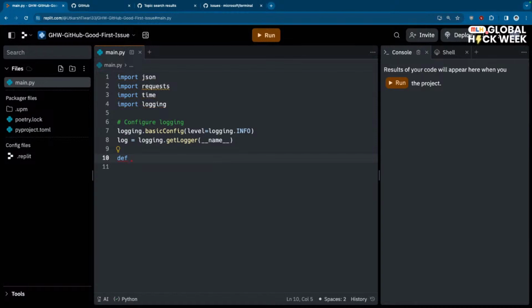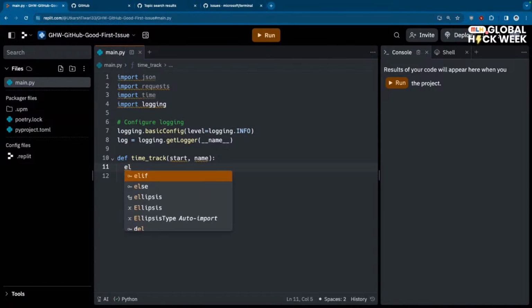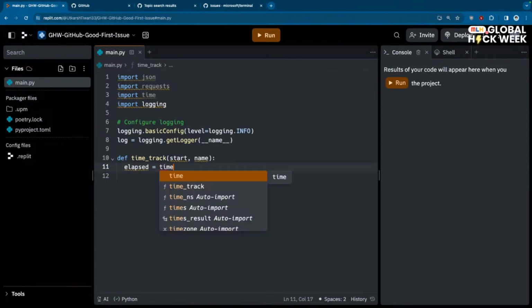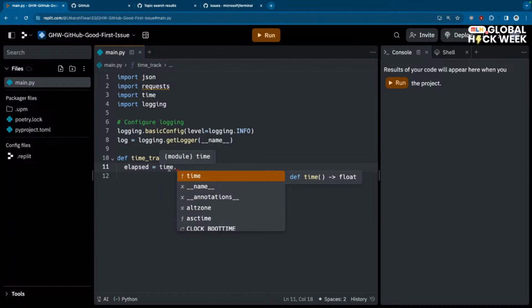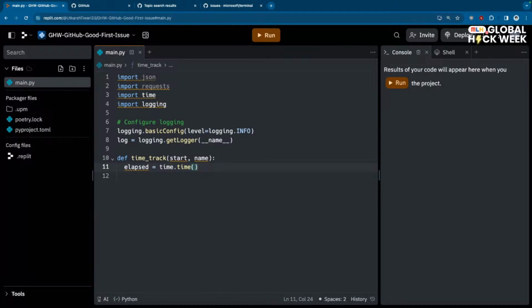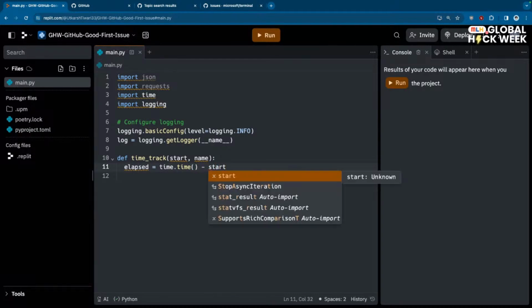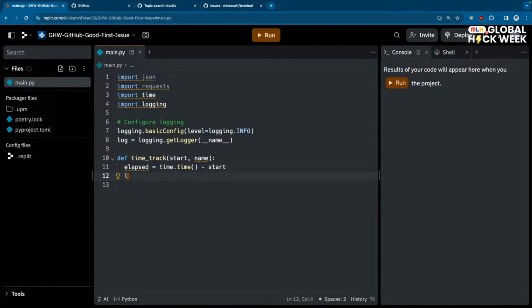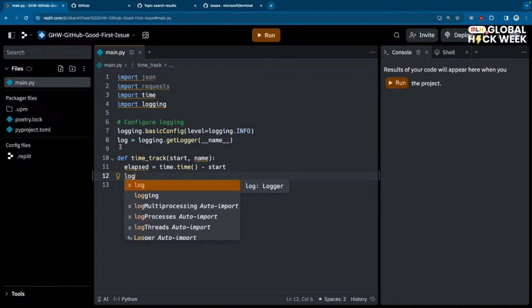Now I'm going to define a function. Let's call it time_track. It takes the start time and the name of what it is going to track. We will have a variable called, let's say, elapsed, which is going to use the time library, call the time function in that library, and subtract the start time. Once that is done, we do a log, which is this particular variable dot info,